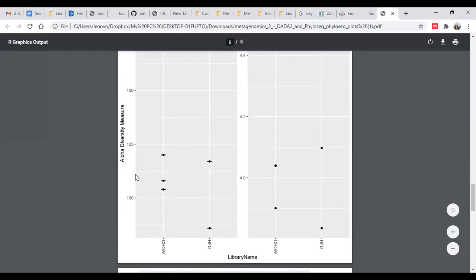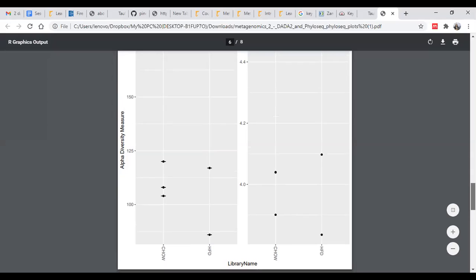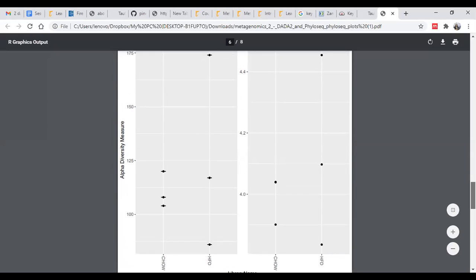For example, here, if you look at these two conditions, you will understand which sample is more diverse.